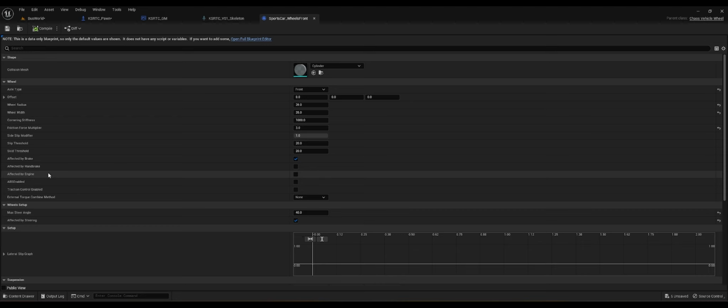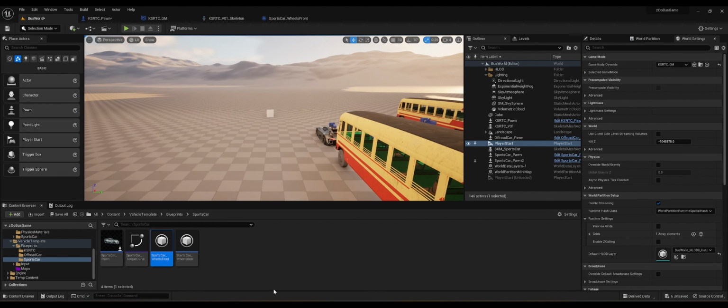If it is a front wheel drive car, you need to affect by the engine, and brake is affecting, handbrake is not affecting. So all those data are in this wheel blueprint class. You can just copy it and paste it there, rename it and make the changes, or